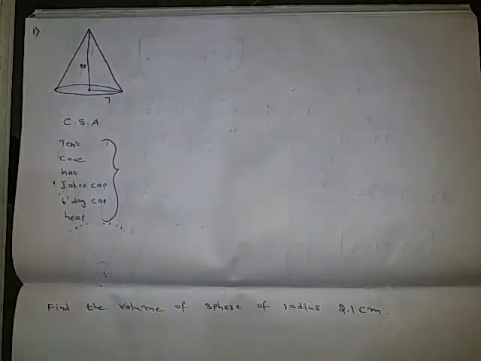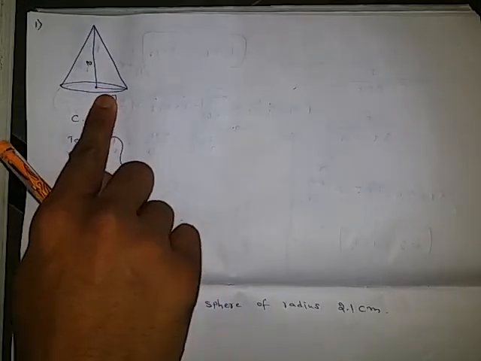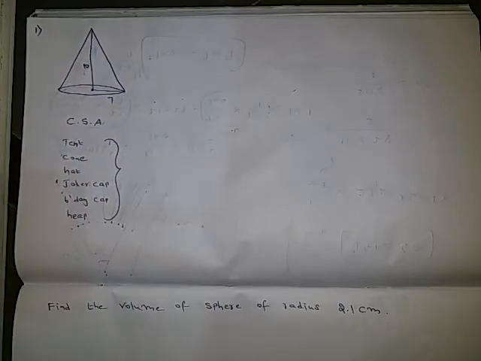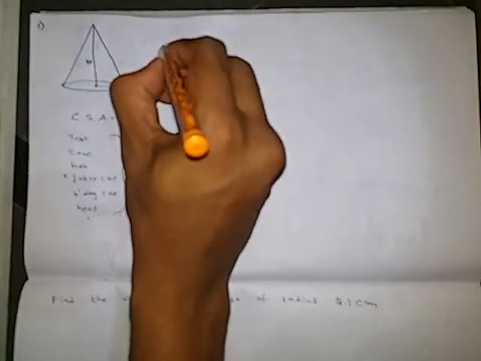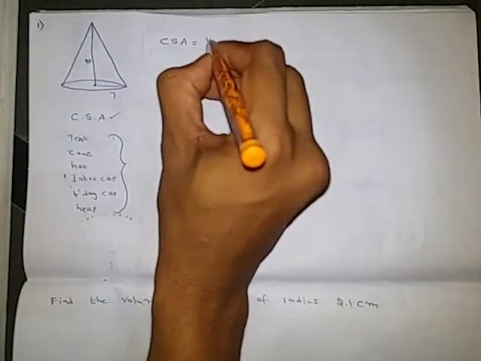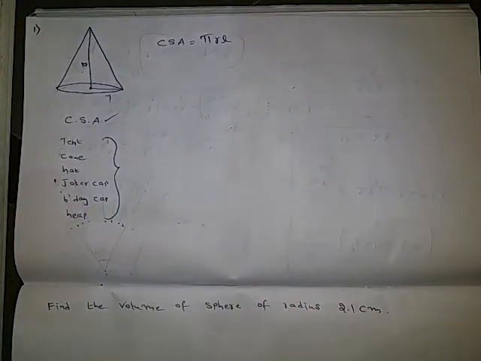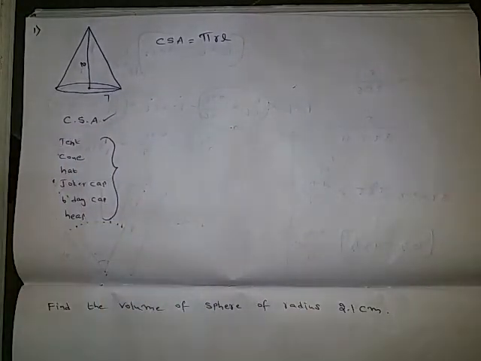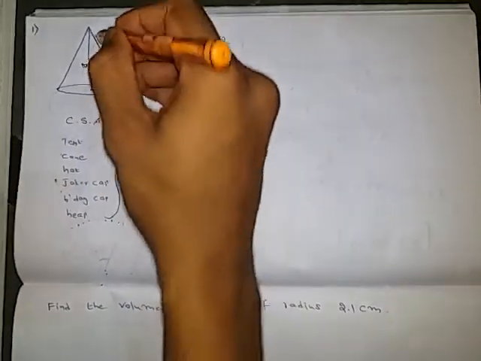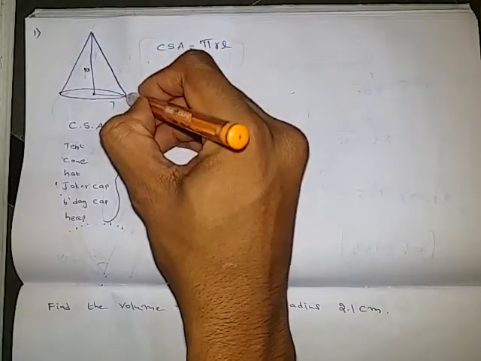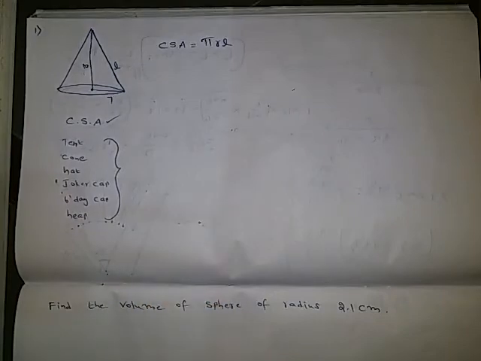He gave one cylindrical figure where the radius is 7 and height is 10. So he is asking to find out the curved surface area. So curved surface area of a cone is pi r l. Pi value we know 22 by 7 and radius is also given 7. But what about that L? L is nothing but slant height. This is the slant height of the cone. So that is L. What is the L value? We need to find out that.